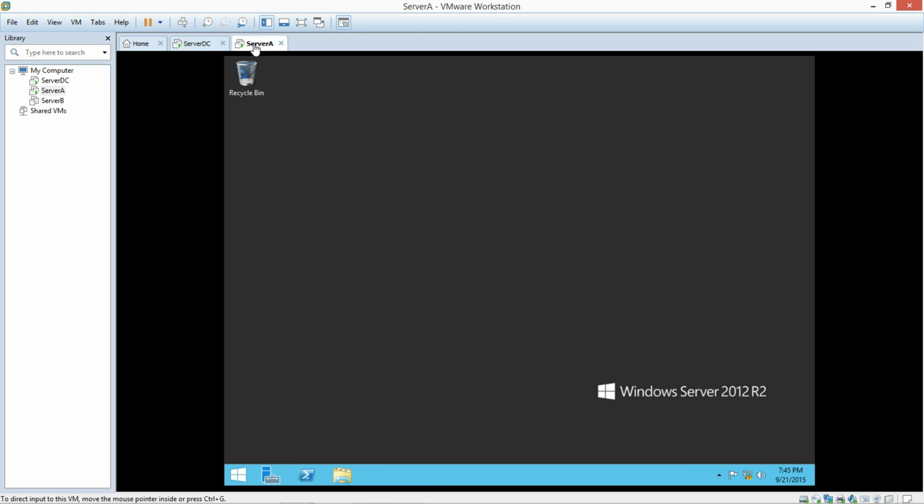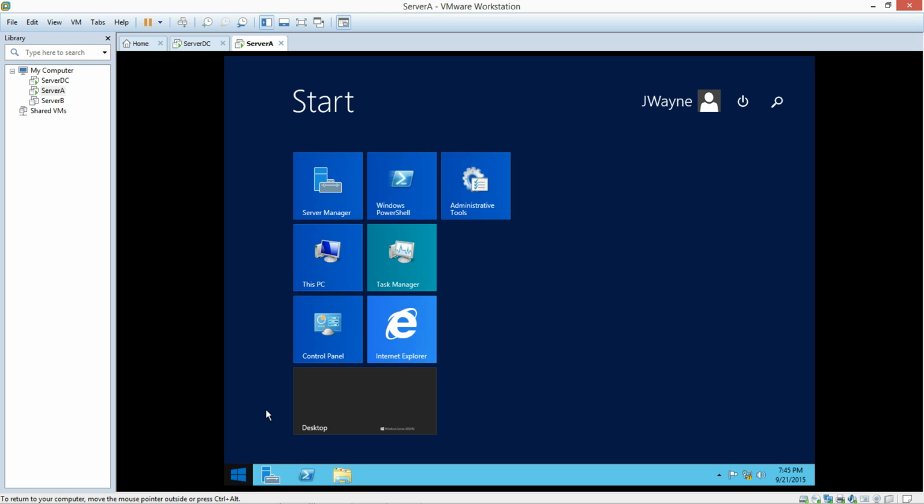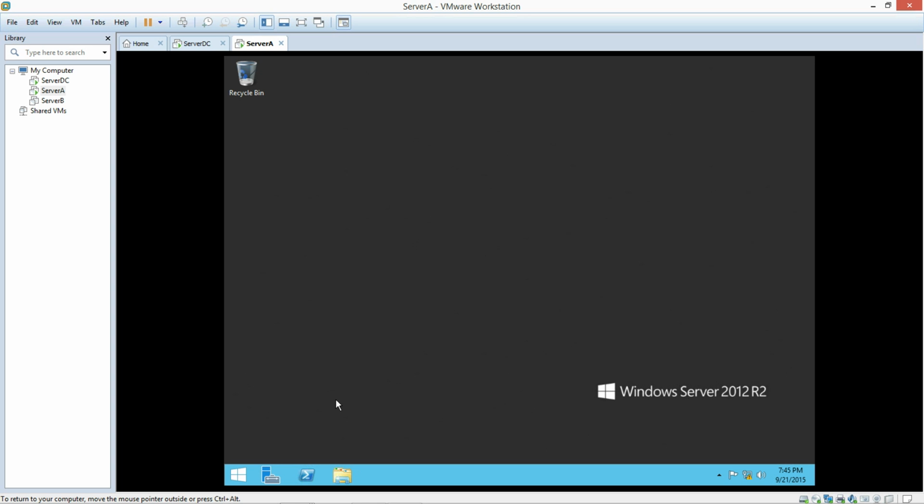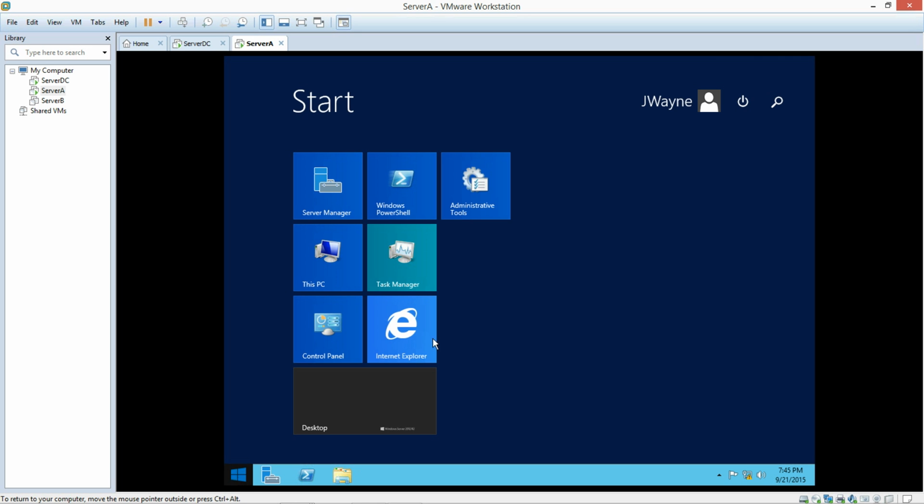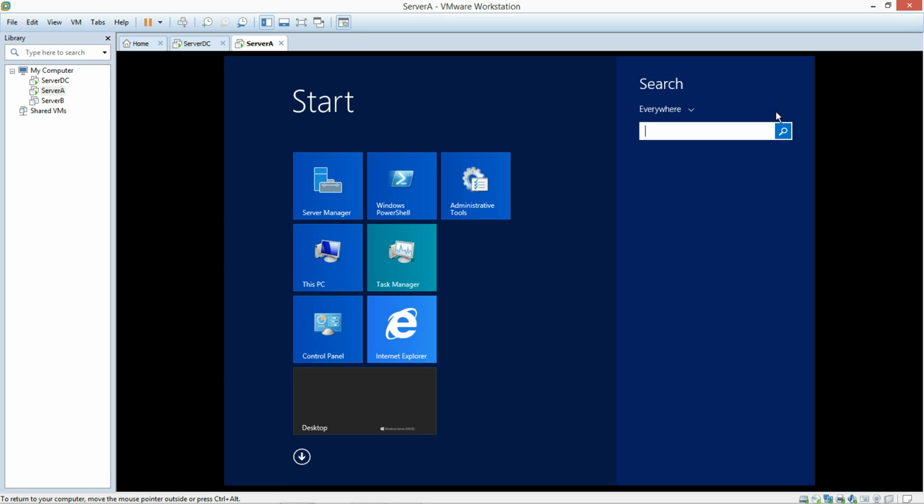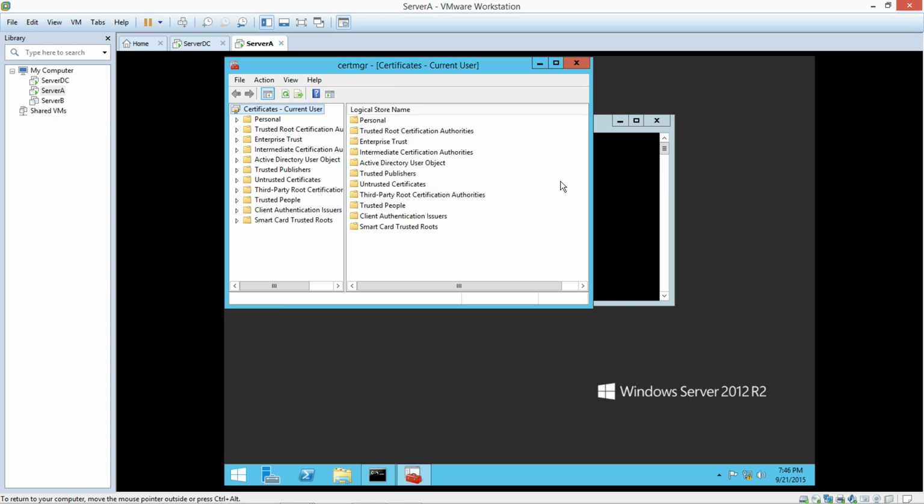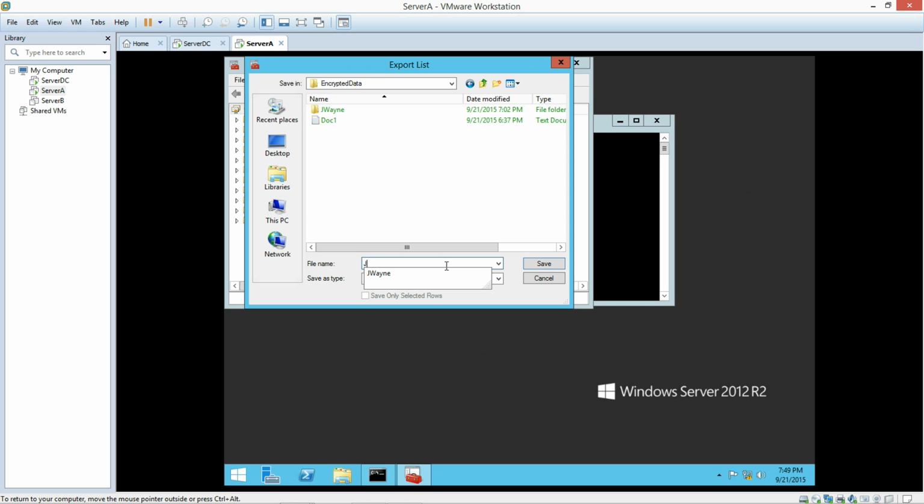And now we're going to go to Server A, and we're going to make sure we're on J. Wayne, in which we are. And now we're going to go to Start, and we're going to type in CMD and open the command prompt. And now we're going to type in certmgr.msc and hit enter. I'm going to type J. Wayne